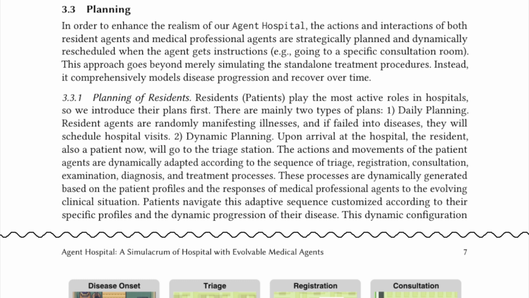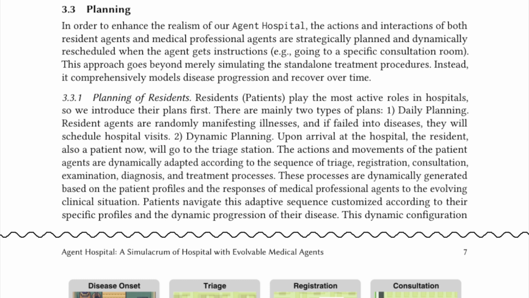3.3.1 Planning of residents. Residents, also called patients, play the most active roles in hospitals, so we introduce their plans first. There are mainly 2 types of plans. 1. Daily planning. Resident agents are randomly manifesting illnesses, and if they fall ill, they will schedule hospital visits. 2. Dynamic planning.